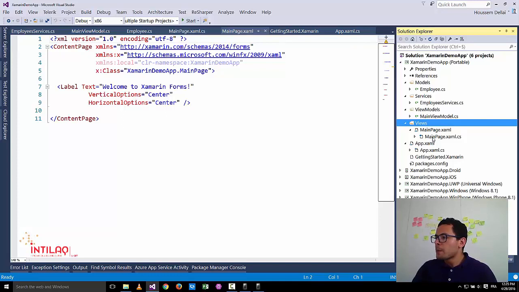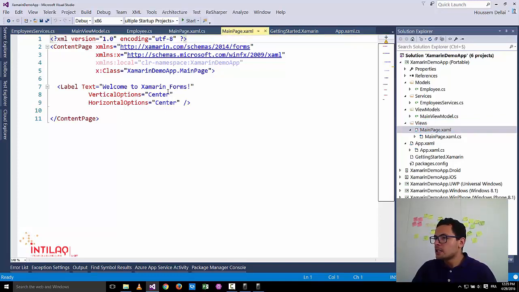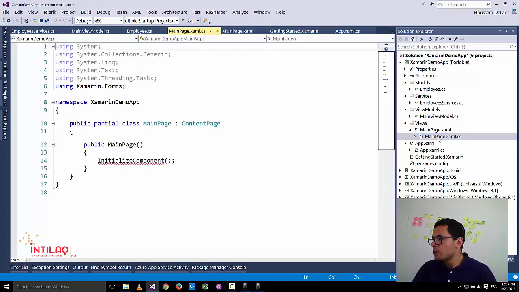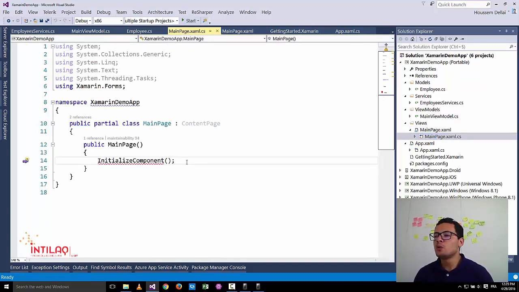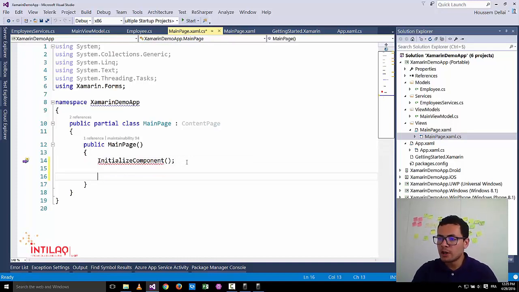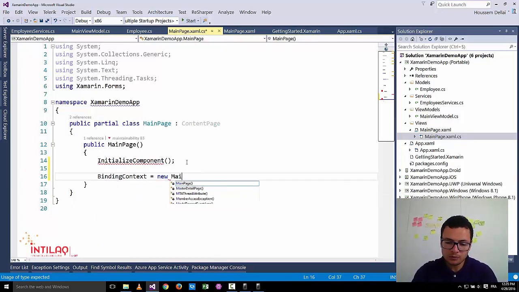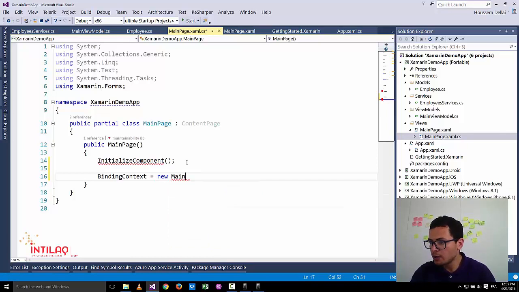So now we'll go and bind this view to our view model. And the way to do that, actually there are two options. Either you go to the constructor of the main page and select use a binding context and give it a new main view model,